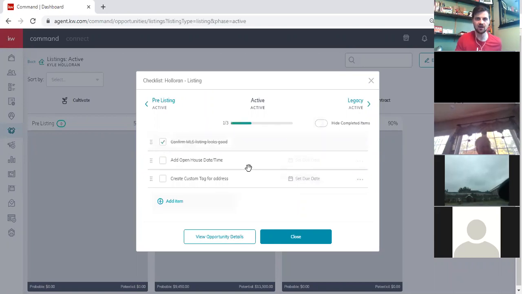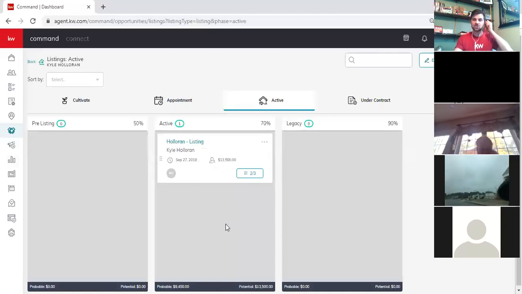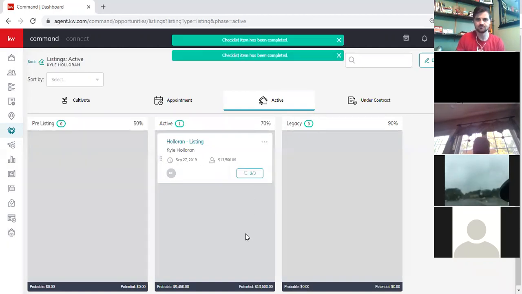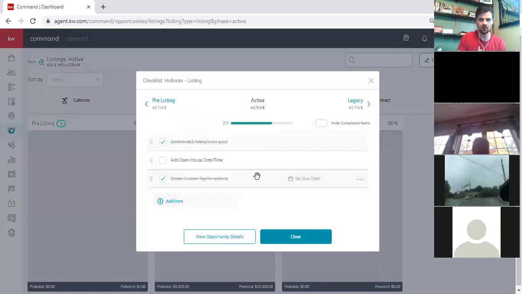Did I add an open house time and date? Nope, I haven't done that yet, right? And have I created a custom tag for the address? Yes, I've done that. And I can hit close. Once I check off those items, now I see that 2 of the 3 items for this opportunity have been created, right? So the last thing I want to show you here on this little checklist as we go is,